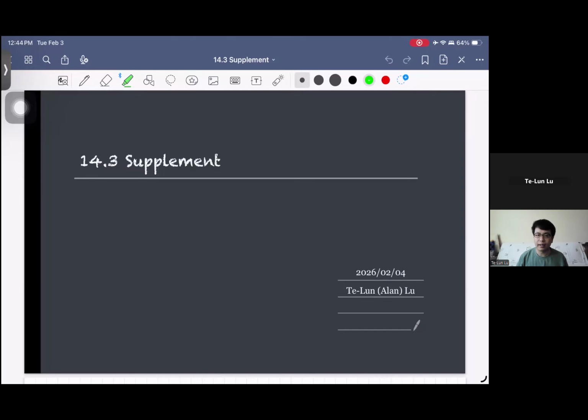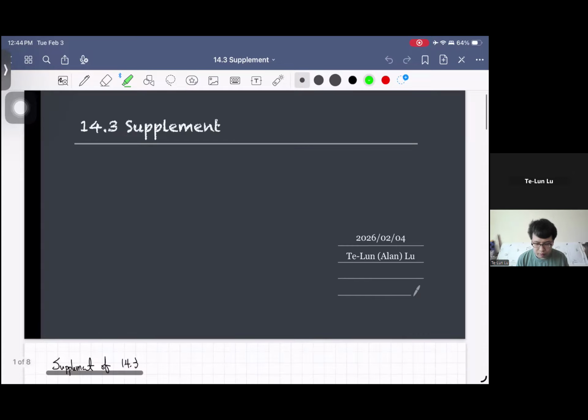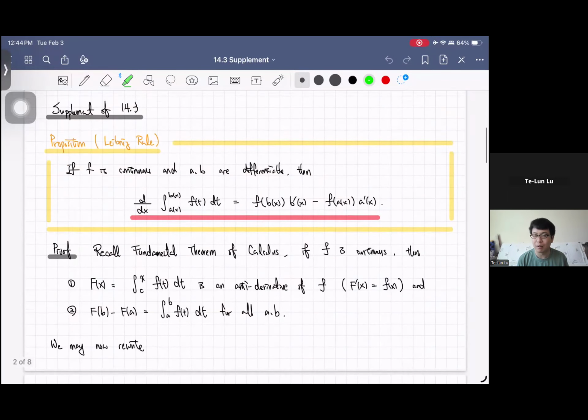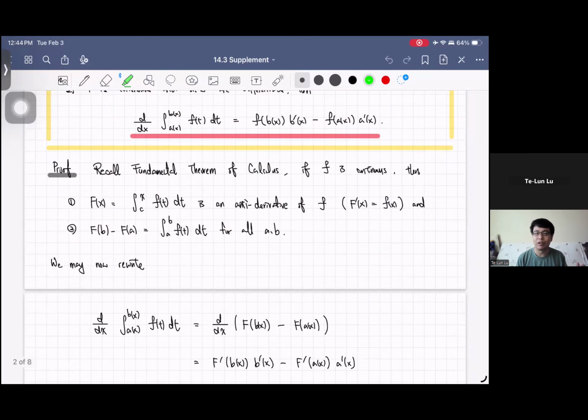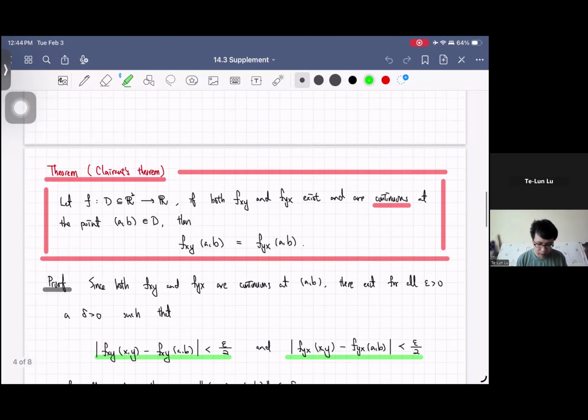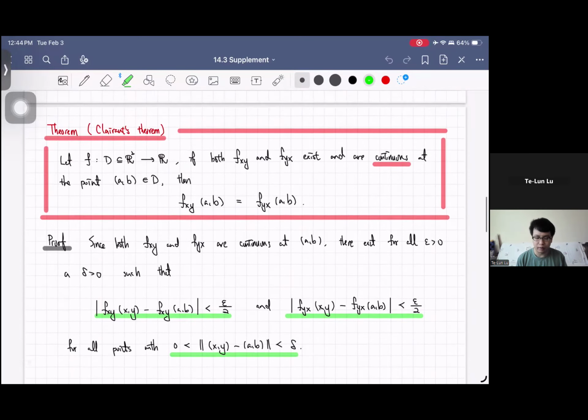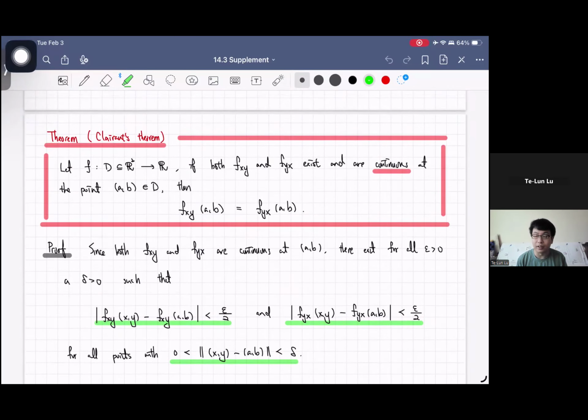Hello guys, this is your second supplement under section 14.3. In this supplement, we're going to do two things. The first is a proof of the Leibniz rule, which I assume you have already learned, but let's prove it as a preliminary or a foreshadowing of our fundamental theorem of calculus section, chapter 16. The second point is to prove the Clairaut theorem,